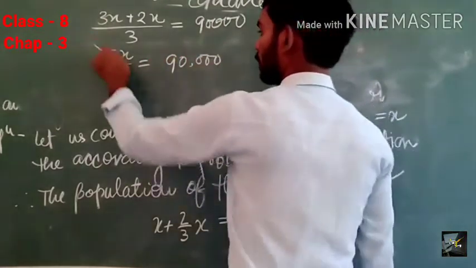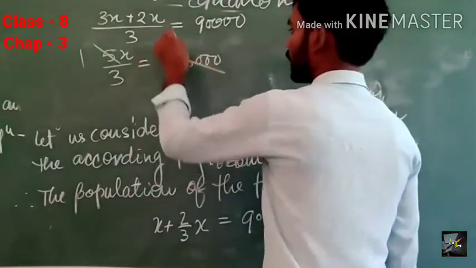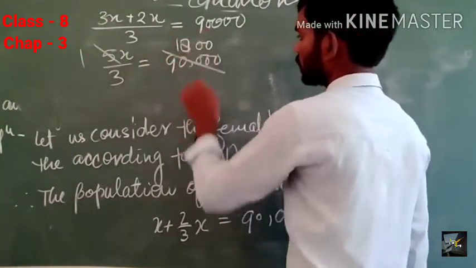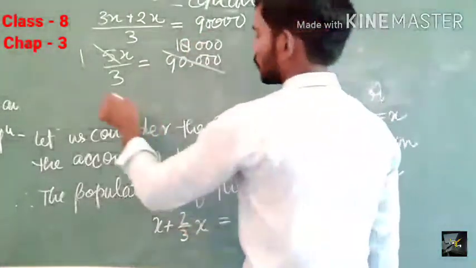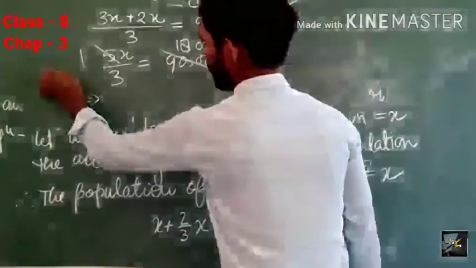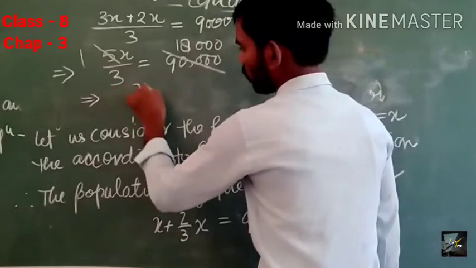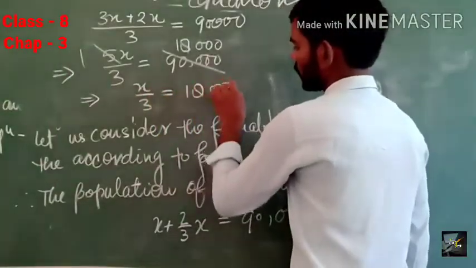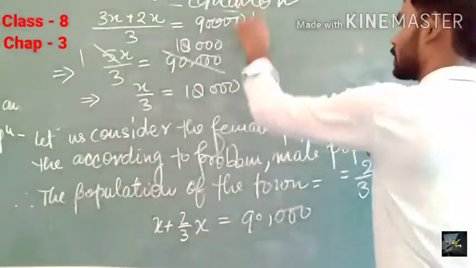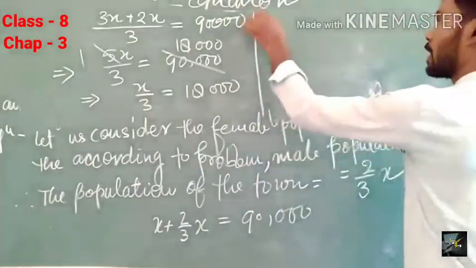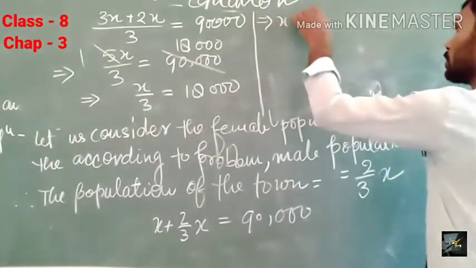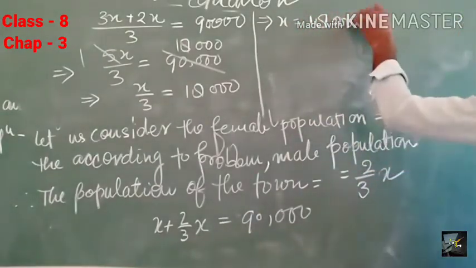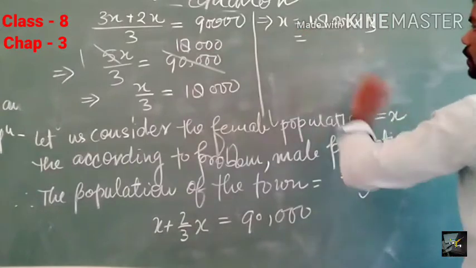Now here 5 1s are 5 and 18 5s are 90. So here we get 18,000. So this will imply x/3 is equal to 18,000. In the next step, this implies x is equal to 18,000 multiplied by 3, which will be equal to